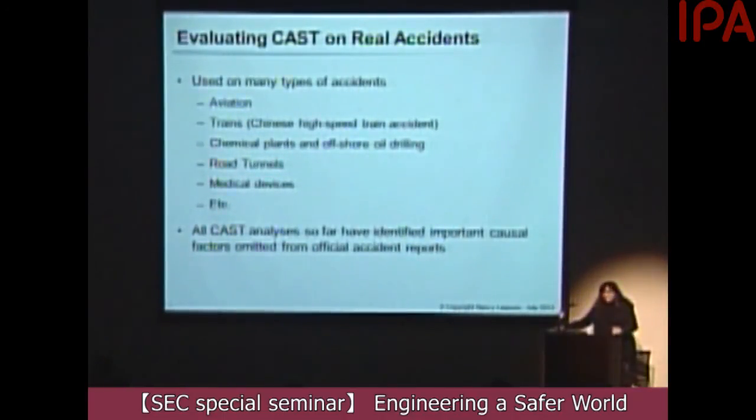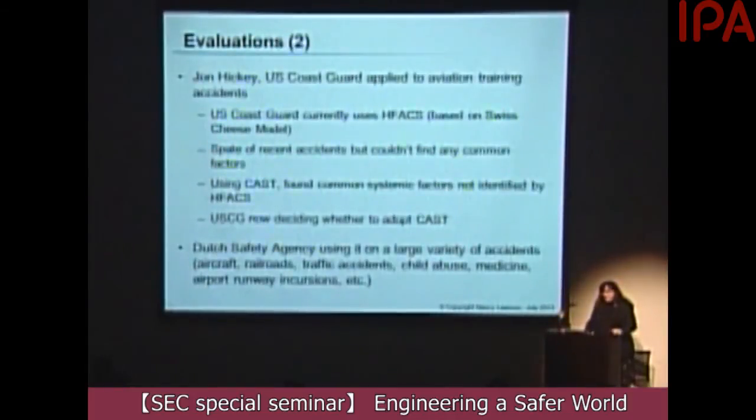It works on real accidents. It's been used on many types of accidents: aviation, trains, chemical plants, road tunnels, medical devices. All the analyses so far have identified important causal factors that were omitted from the official accident reports. In one example, there was a man, John Hickey, who was a graduate student at MIT, who worked for the Coast Guard. And the Coast Guard had been having a lot of accidents within a certain period of time in helicopter aviation training, but they couldn't find